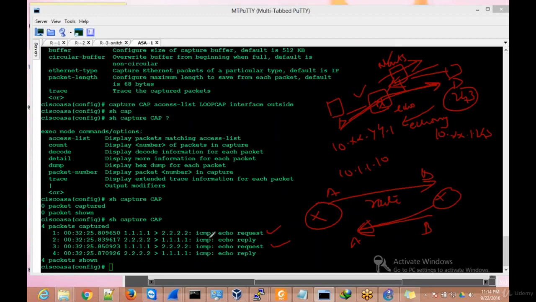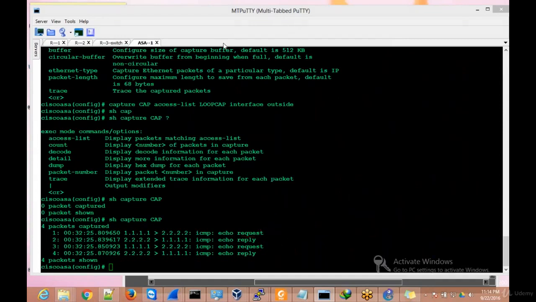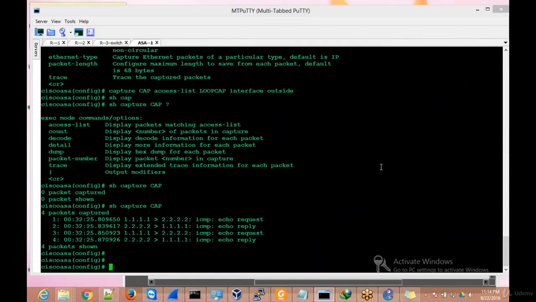Okay, so if you are sending the echo request but you are not getting the echo reply, that means you don't have return traffic. Okay, so in this case we have the return traffic, and this way you can capture the traffic. If you have issues with other applications as well, we can take the capture with other applications as well. Suppose if you want to take capture with respect to TCP, so what you can do, simply you can go on this